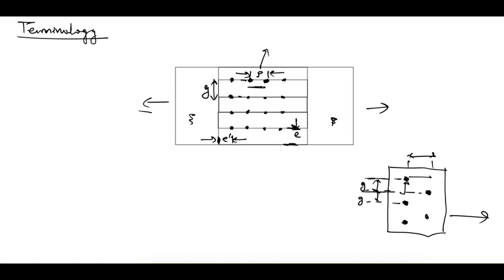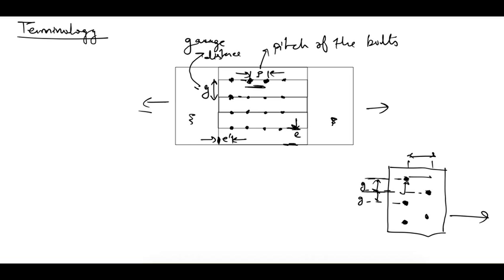this distance here between the two adjacent bolt holes in a single row is known as pitch of the bolts, whereas this distance here between the two adjacent rows of the bolts is known as gauge distance. So the difference is pitch is taken in the direction of applied load and gauge is taken perpendicular to the